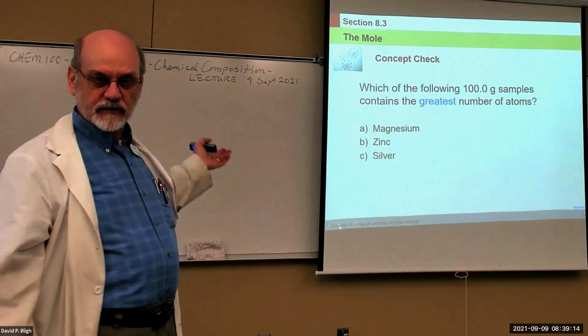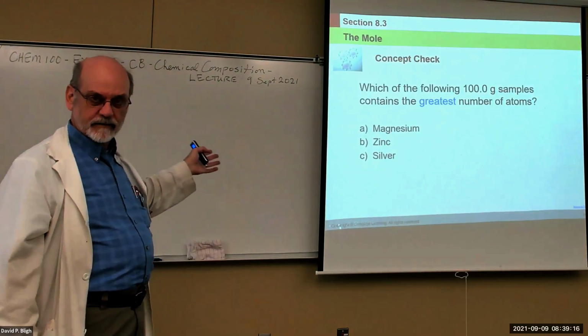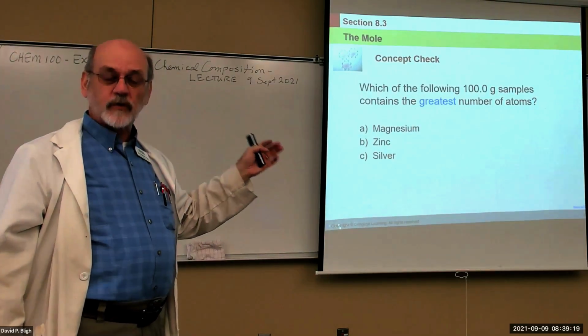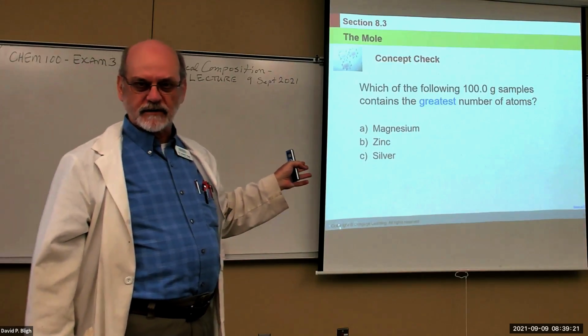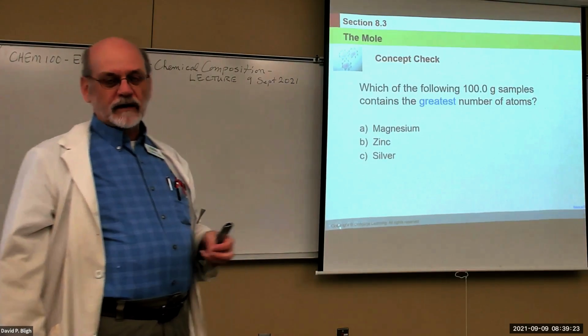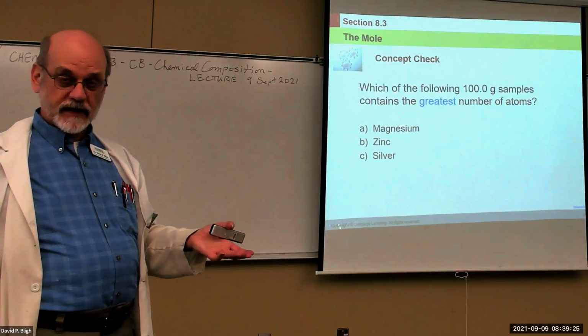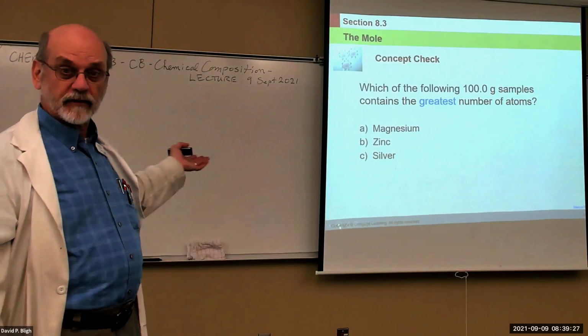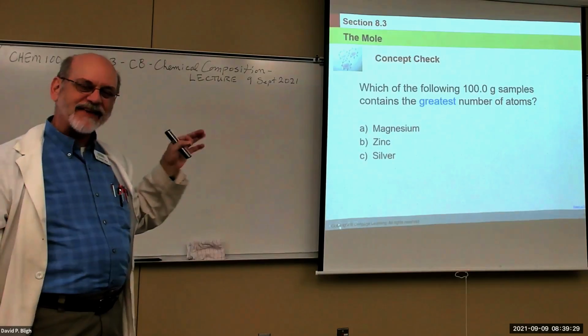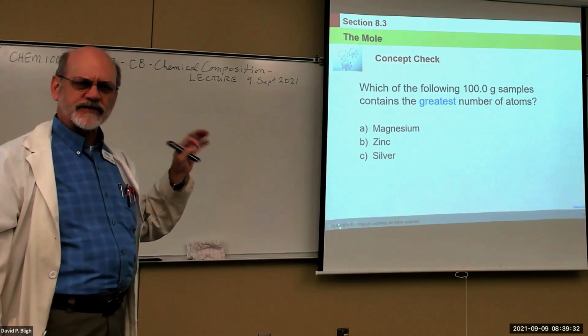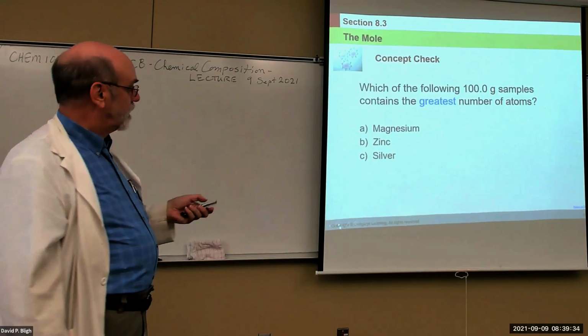Remember our example comparing carbon and helium? Which one of those had the greatest number of atoms? Well, they have the same number of atoms, correct? With our example. But if we have the same mass, a 100-gram sample,